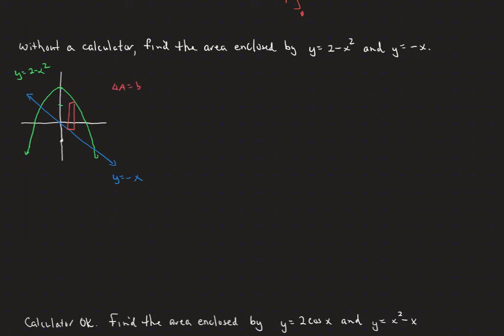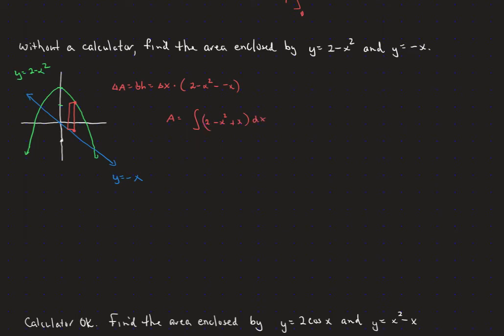Our delta area is going to be base times height. Our base is, again, going to be a delta x if we're drawing vertical rectangles. The height is going to be the y-coordinate of this green curve minus the y-coordinate of that blue curve at that same value of x. So that's going to be our top curve, which is the 2 minus x squared, minus the bottom curve, which is a negative x. So our area is going to be,